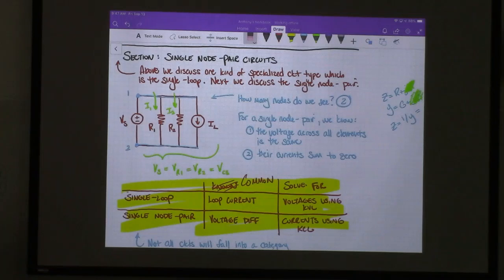Let's start over here, and I will give this a more thorough introduction. Okay. So, single node pair circuits. What is a single node pair circuit? It's another special case